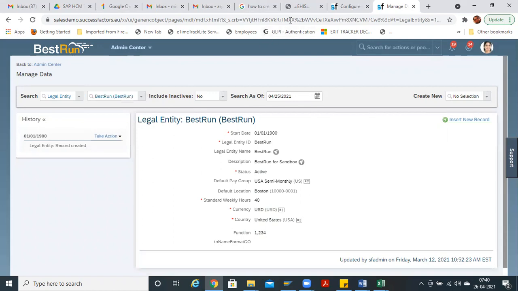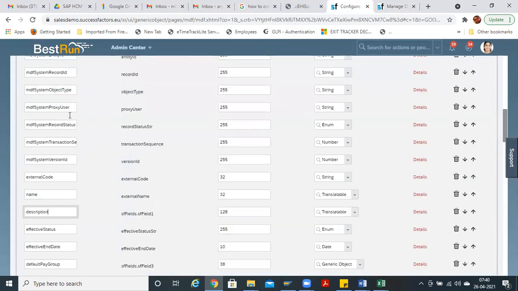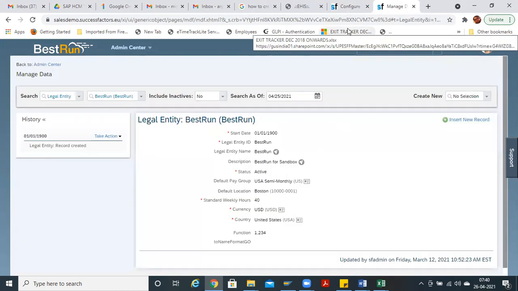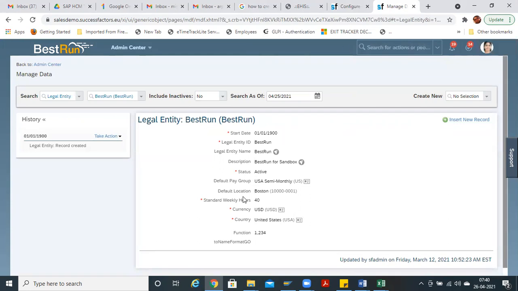So you configure objects through Configure Object Definition, and the end user maintains what you configure there. For example, let us say the client says, I don't require this field, it is unnecessary, just remove it. What to do? You can't do it directly from Manage Data.